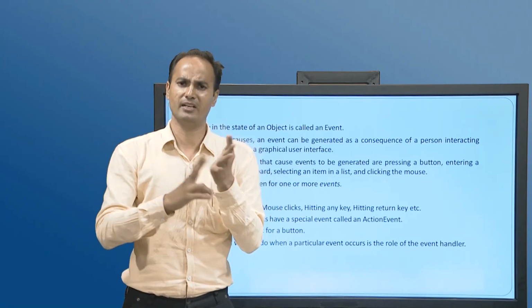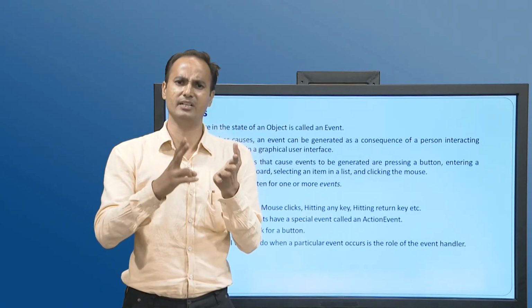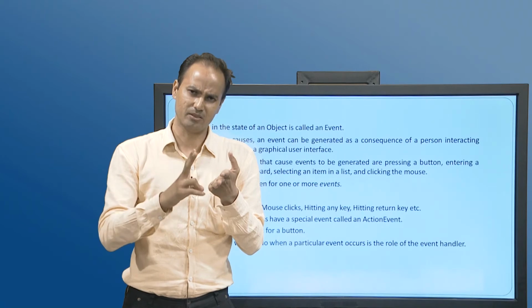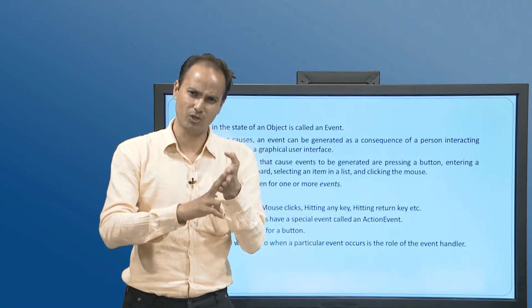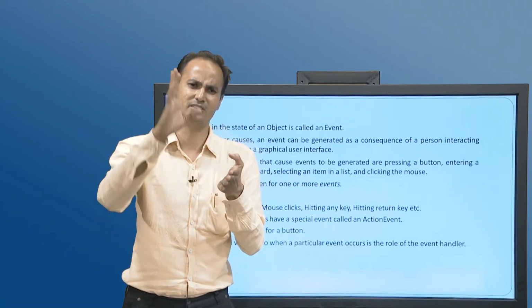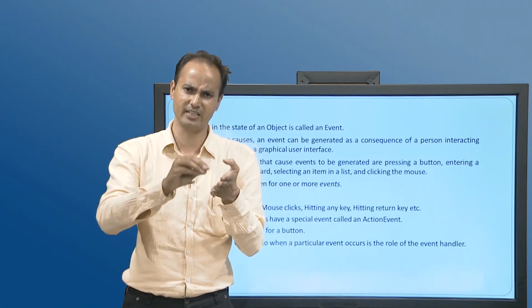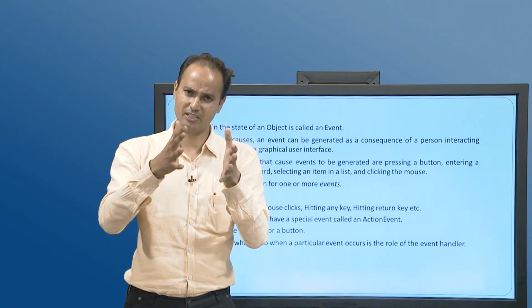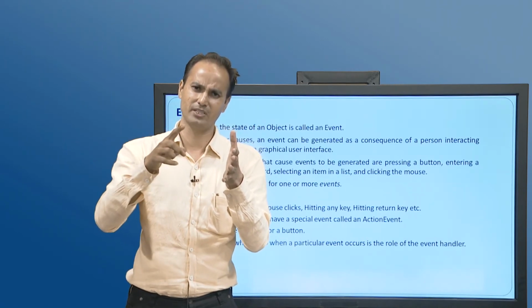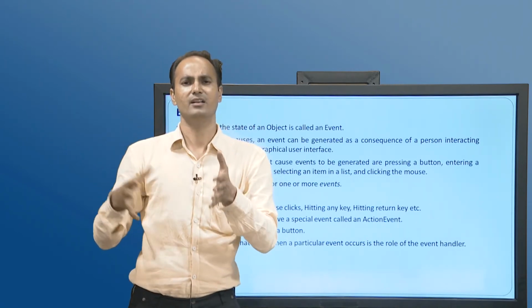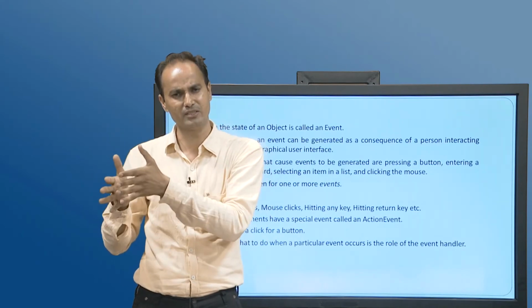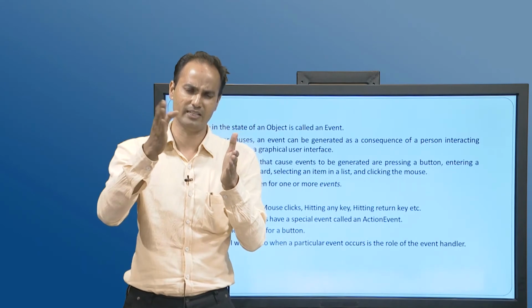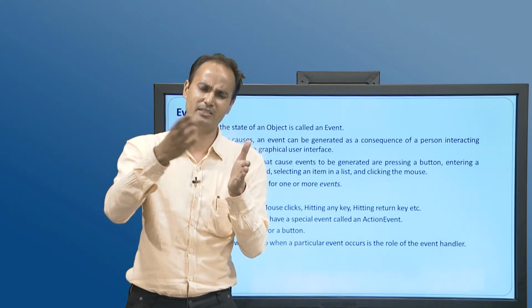Let me give an example: for item there is an item listener, and an item event. The item event is fired when a checkbox is clicked, a radio button is checked or unchecked, a checkbox is checked or unchecked, or for a list. For such things, like checkbox and radio button, the item event is fired, and for the item event there is an item listener. In the same way, if there is a scroll bar, then the adjustable event is fired, and the adjustment listener handles it.